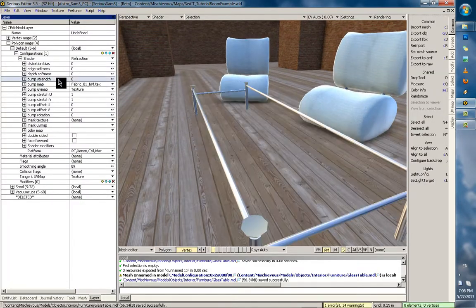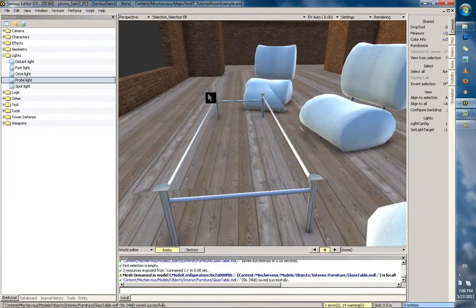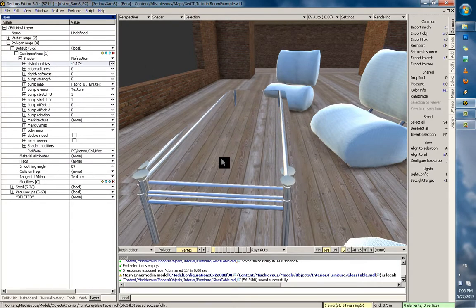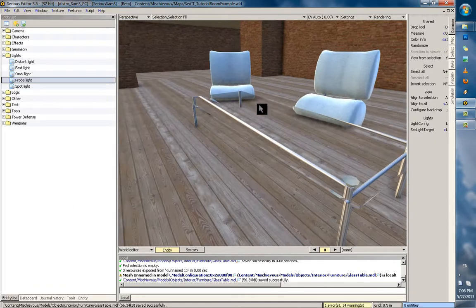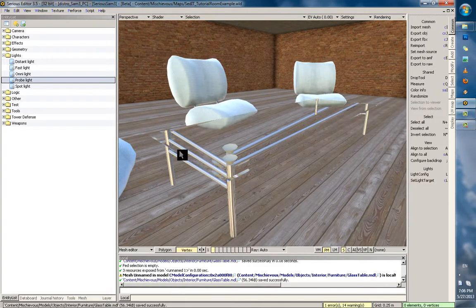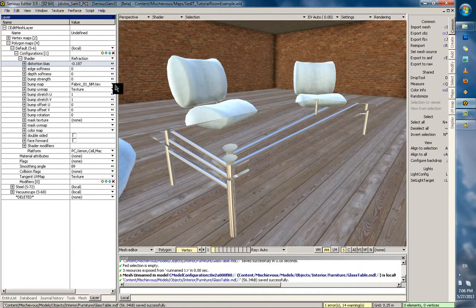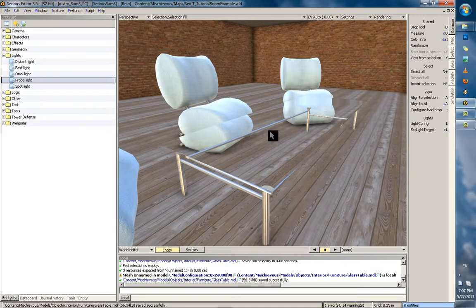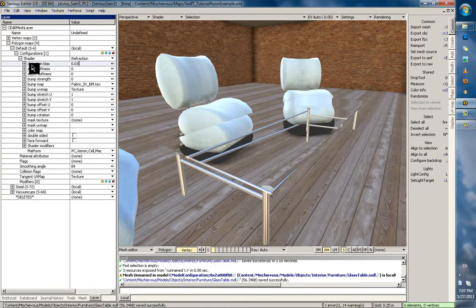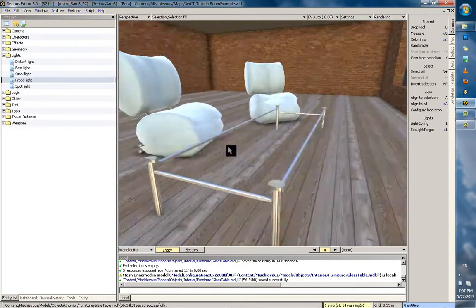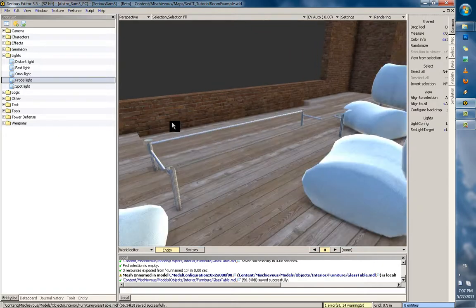But the way I want to use it for the table though is using the distortion bias. It is pretty much the angle on which light passing through it gets bended. Usually negative values are better used, like so, because you can see how the light gets sort of pushed out when passing through. I'm going to go with negative or positive. Let's see, 0.1 or something like that, and it creates a pretty nice sort of effect on the glass surface